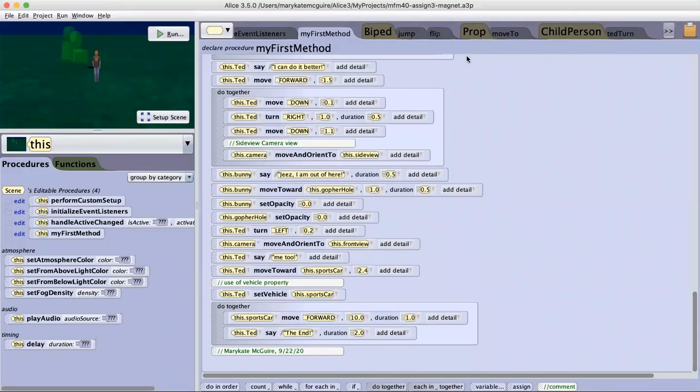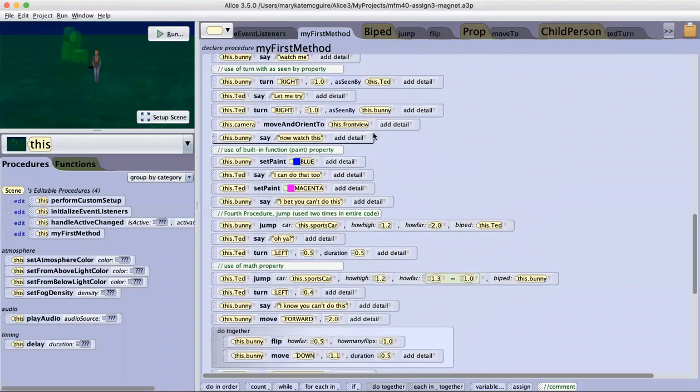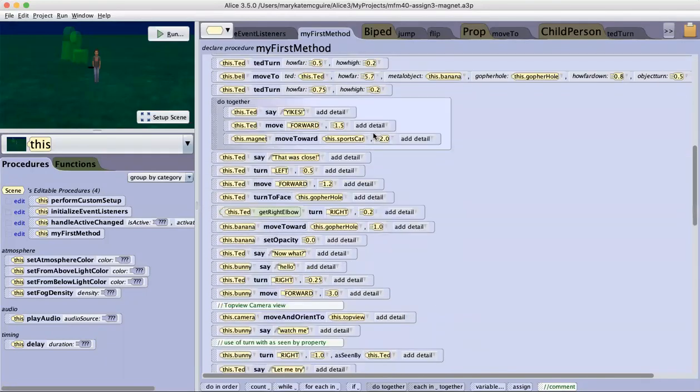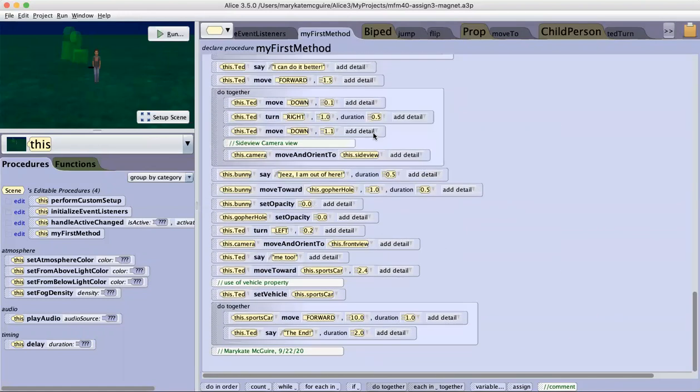Hi, so this is my assignment 3 for my Alice World story and animation. And to begin, I'm going to show you guys my code. So beginning, here's my first methods and just an example of the whole situation. And later on, after I show you guys my procedures, I'll go through and point out where each of these